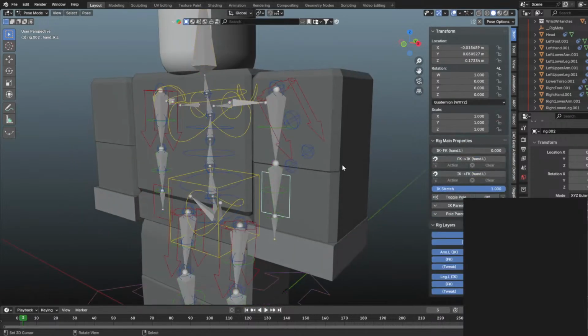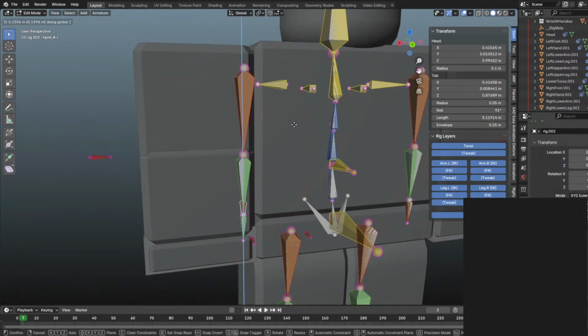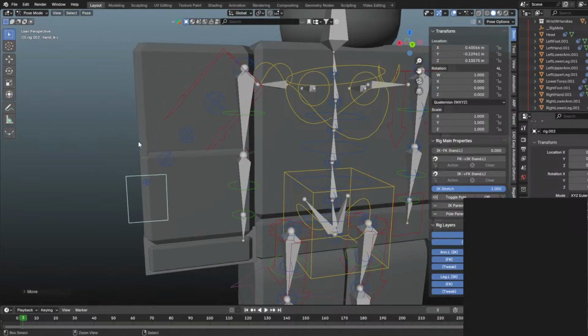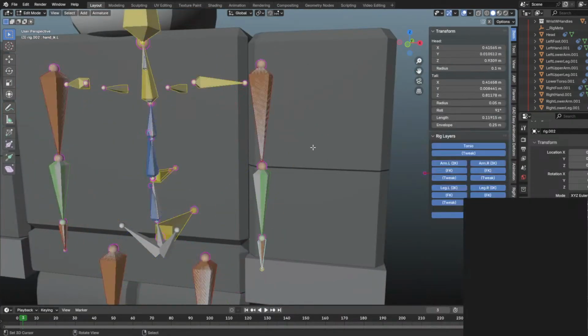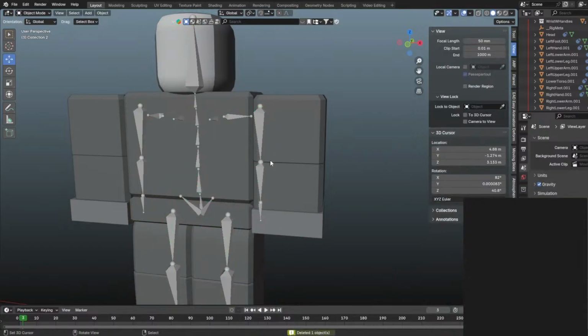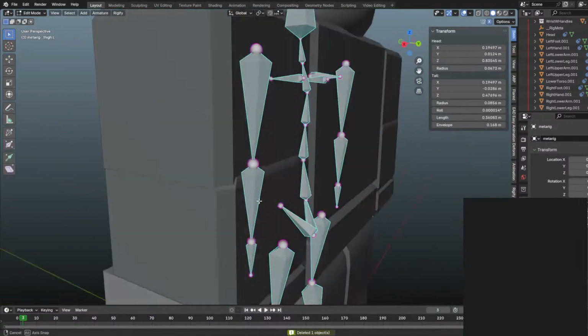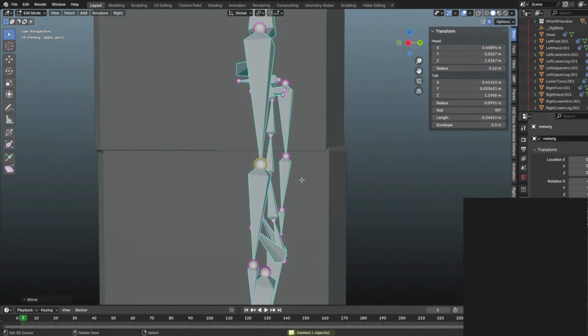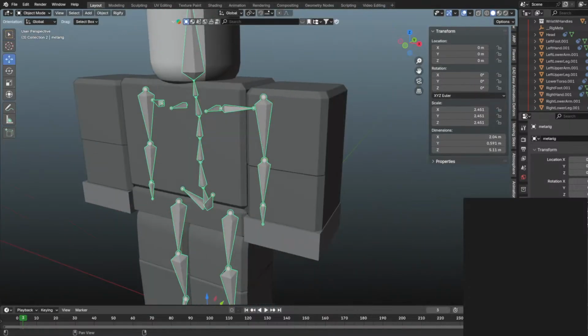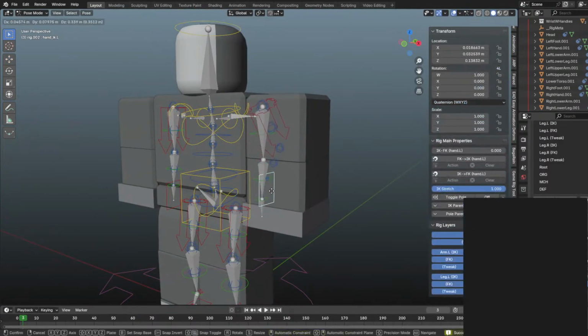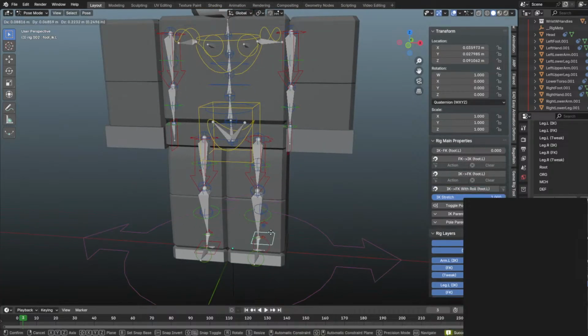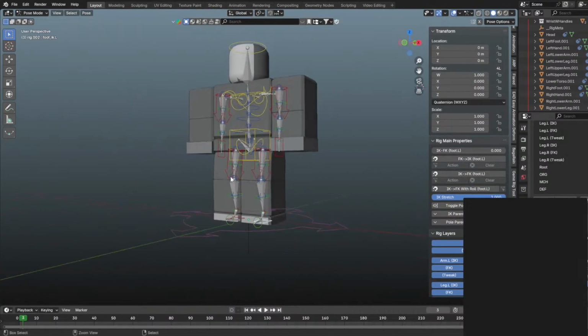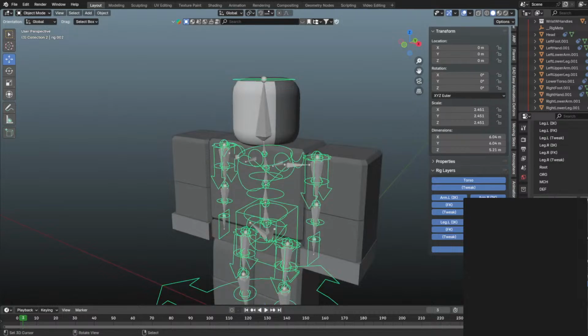Okay, I see some issues here. When I'm bending it, it's going the other way. And that's because it's too straight. Okay, that's my fault. Just add a slight curve to it. And let's generate it one more time. There we go. Hopefully the legs don't do that. Yeah, okay. Good stuff. So now